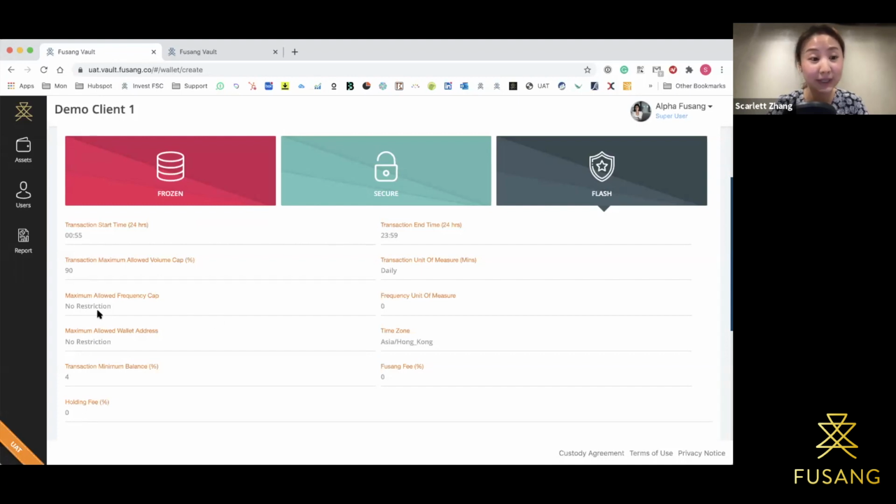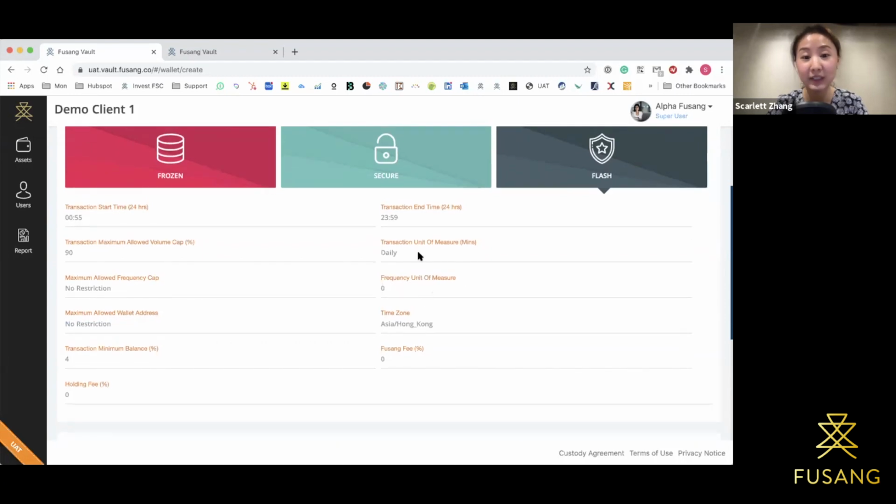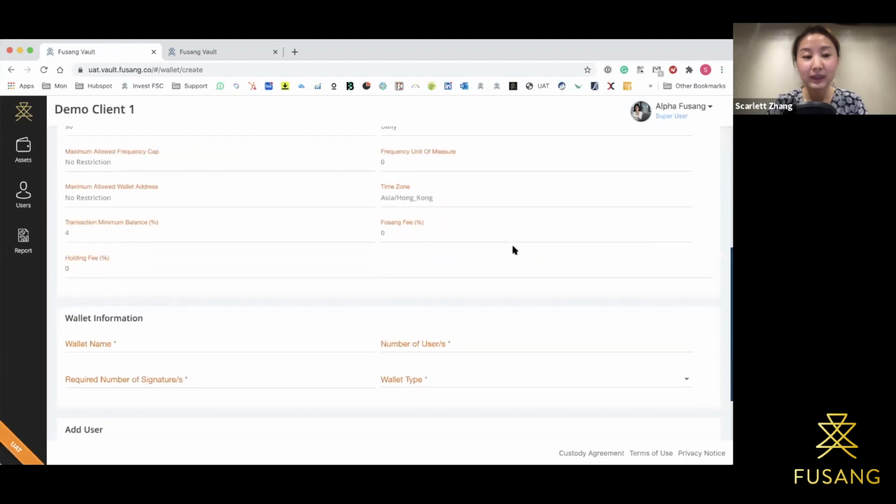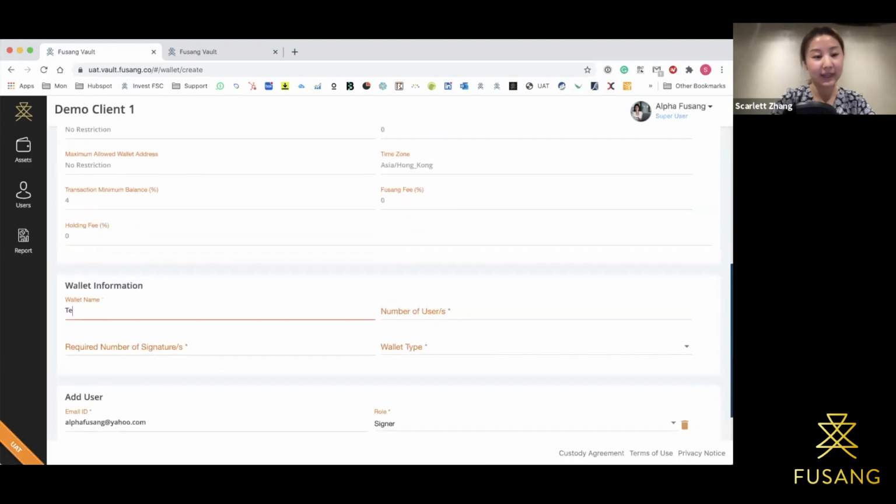For example, you can see there is by default no restriction for maximum allowed frequency cap, as well as no restriction for maximum allowed wallet address. In addition, you can also set a transaction unit of measure. Let's say I set daily and frequency cap of 60, which means that under this secure template, I'm only allowed to make maximum 60 transactions daily. So afterwards, all we need to do is simply,